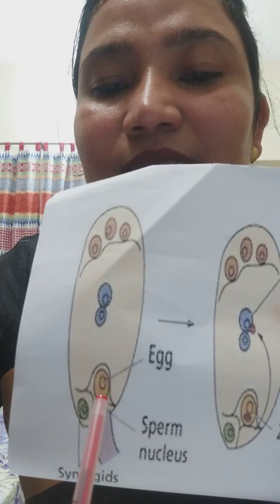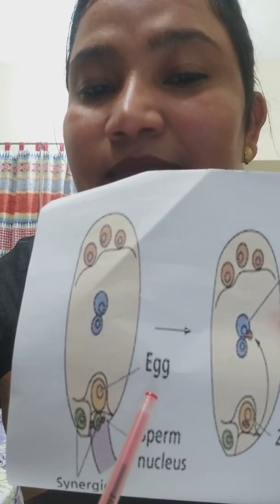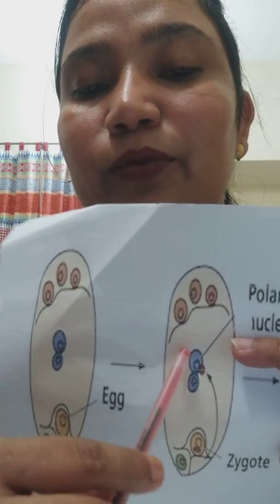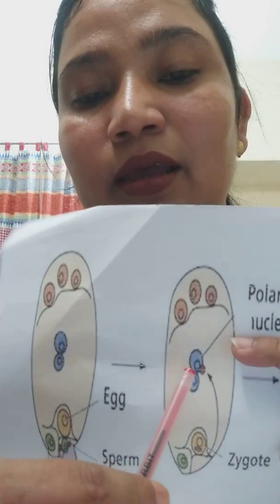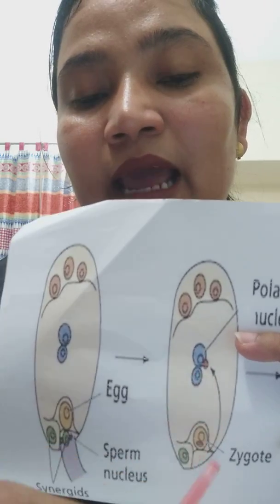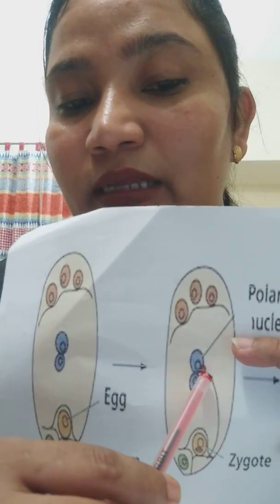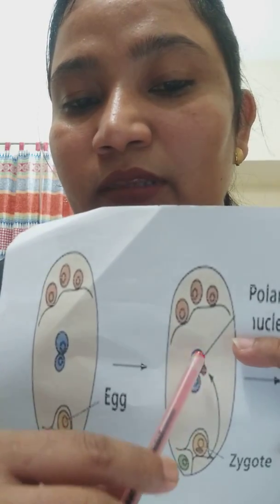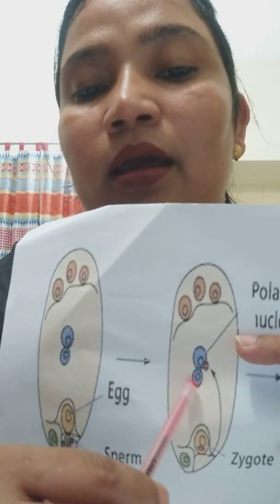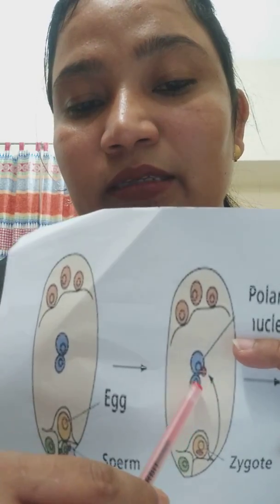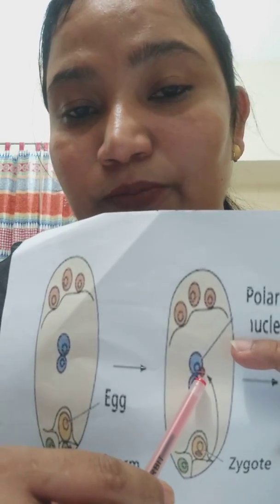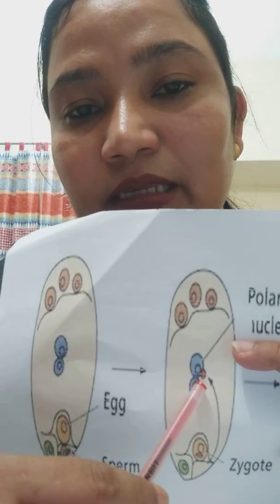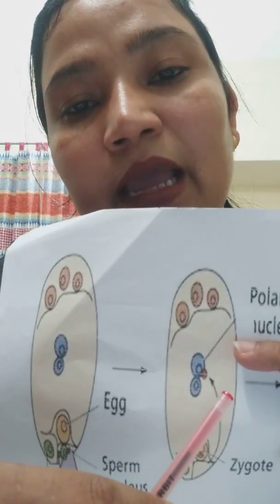After fertilization, this egg converts into a seed, and another male gamete meets with the secondary nucleus. Already two nuclei are present here, and the other male gamete has one nucleus. This one nucleus fuses with the secondary nucleus and becomes three nuclei. These three nuclei are called a triploid cell. After fertilization, this triploid cell converts into endosperm.